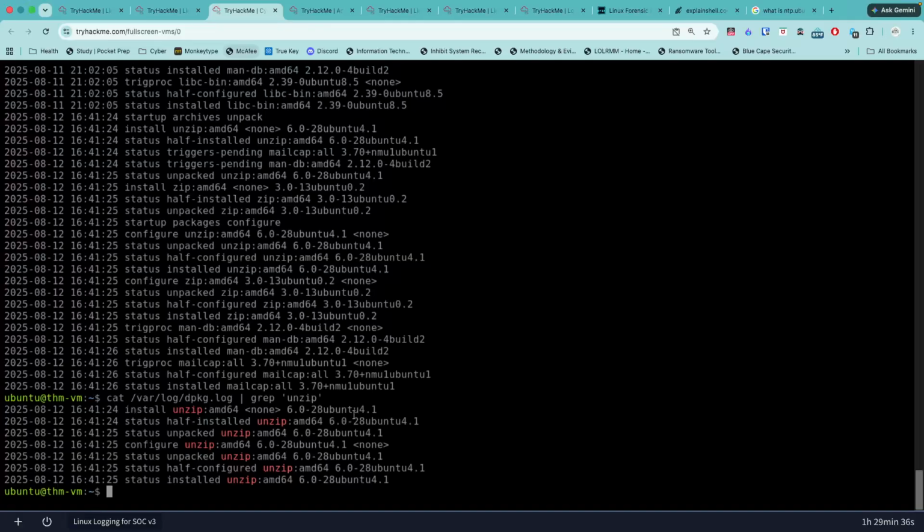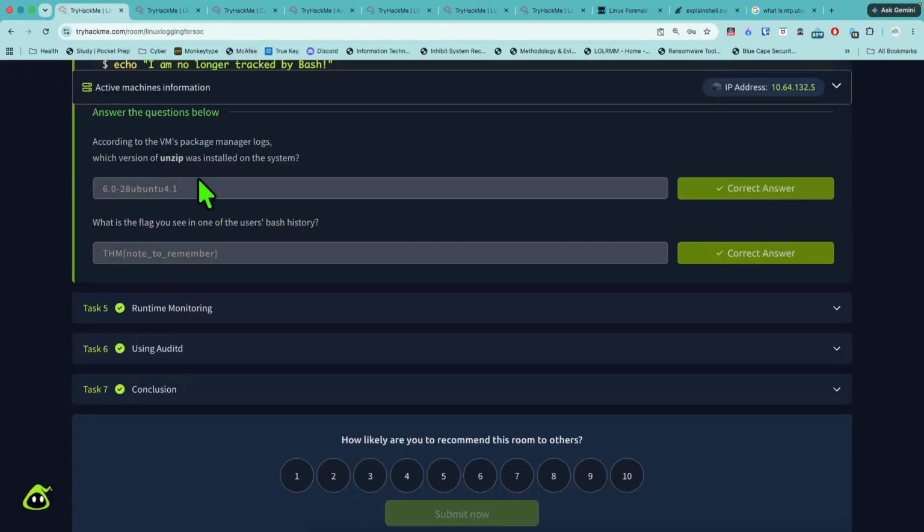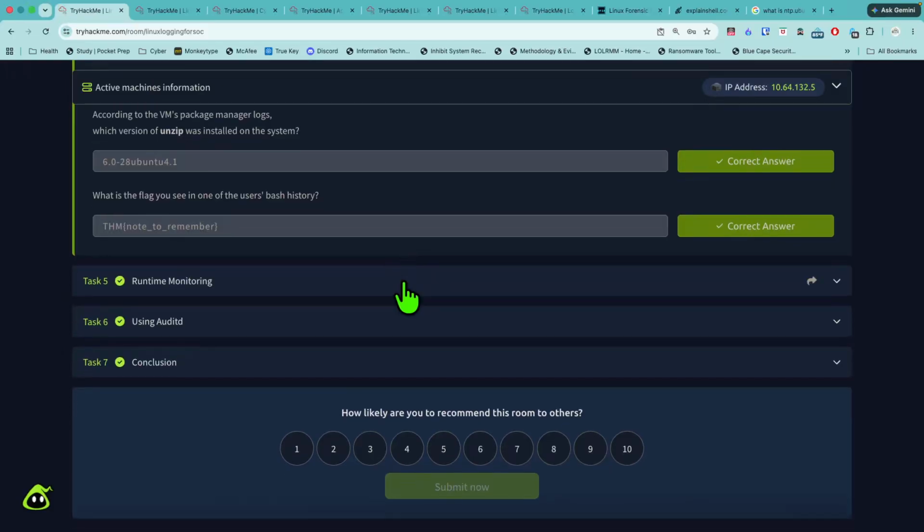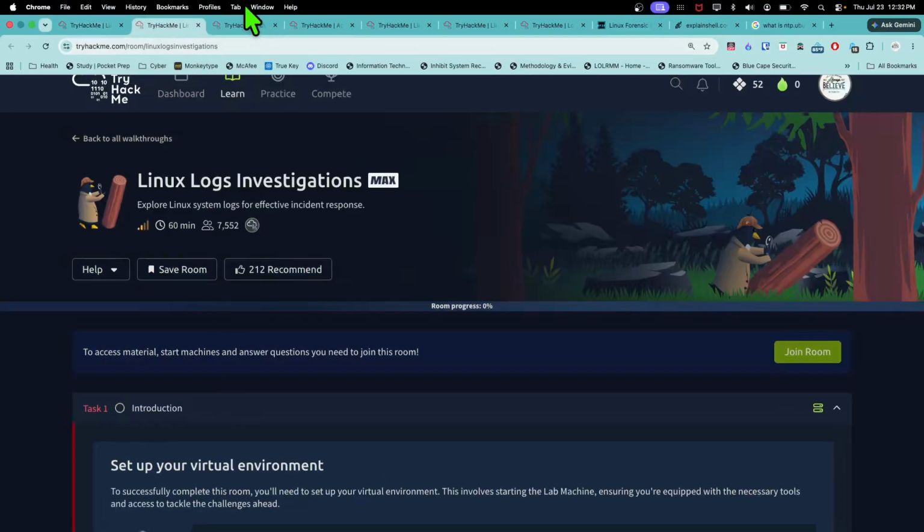And we have our logs here, and we see that there's a version 6.0-28 Ubuntu v.1. So let's see if that is our answer. Awesome. All right. What is the flag you see in one of the user's bash history? So let's go find that